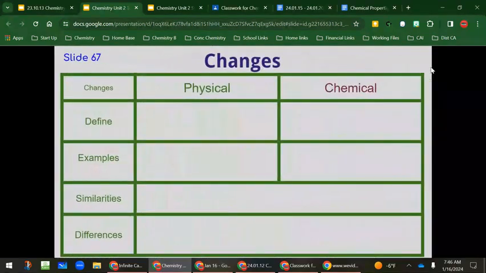All right, so let's talk about changes. Again, there are two types of changes: a physical change and a chemical change. Properties describe what could be observed without changing the substance, or how matter would react. A physical change is a change in which no new substance is created. So now we're actually doing something, but still not creating something new. Give me an example of a physical change. Something where we change something, but we do not make something new out of it.